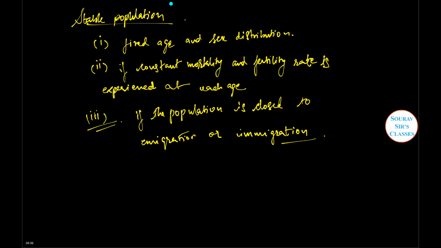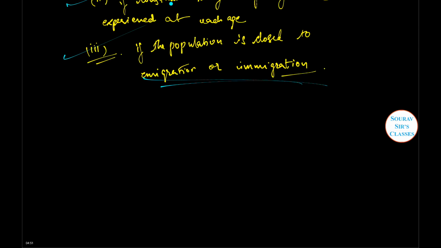Now students, this was our stable population. Remember these, if these three points are satisfied, then it becomes a stable population. It is a very important theorem or a definition. Please remember it. Now we move on to central mortality rate or